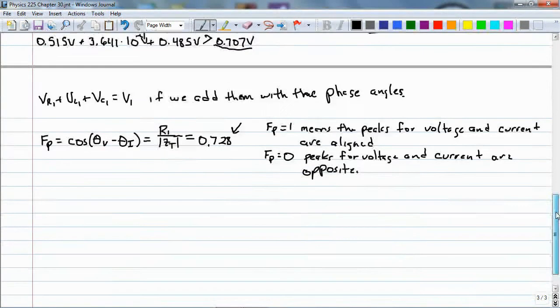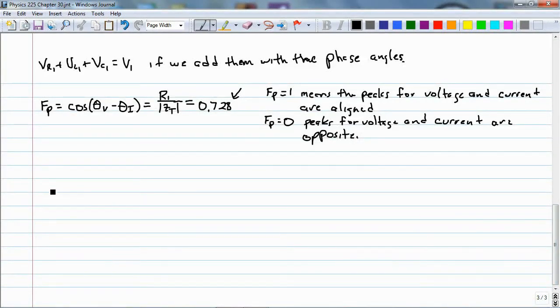Now, why are we interested in power factor? Well, because the current and voltage at the power supply, at the source, are not in phase, we have to adjust our formula for the power, the total power. And remember that only the resistances will dissipate power. The inductor and the capacitor store energy, so they do not dissipate. So in this case, I have to do